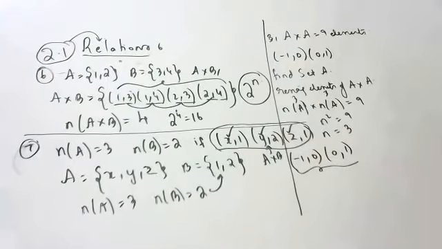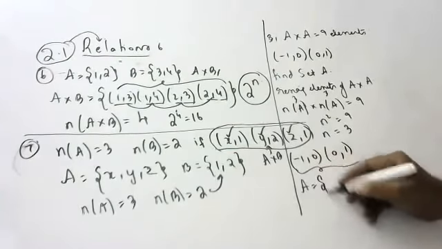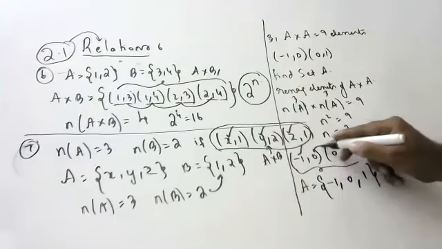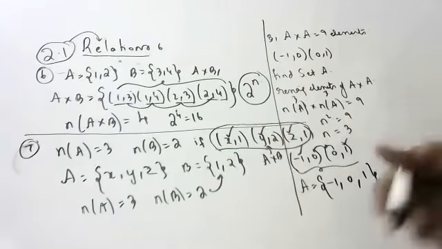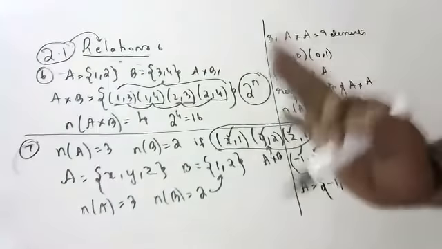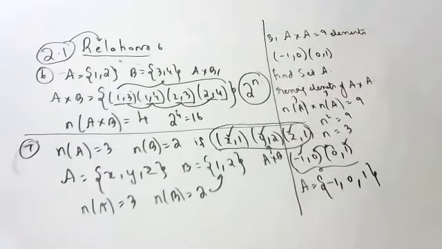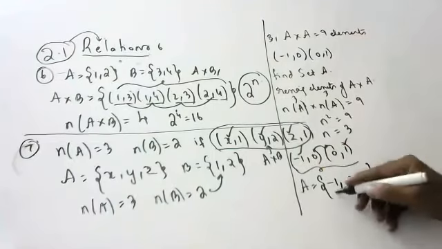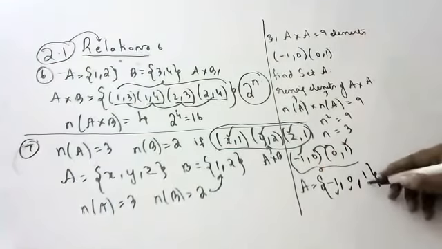So what can be the 3 elements possible? It can be either minus 1, 0 or 1. That's all. Children, you are able to see all 3 elements here only. Are you getting the idea, children? Yes, sir. In A, only 3 elements are there, more than 3 is not possible. In the 3 elements we can see 3 different numbers: one can be minus 1, another 0, and another 1.